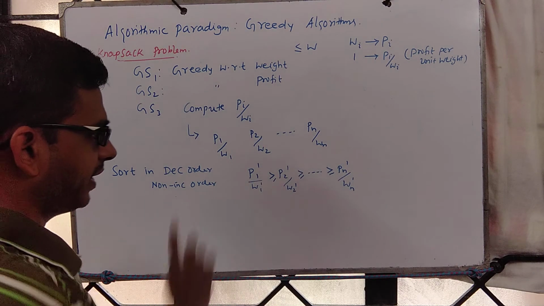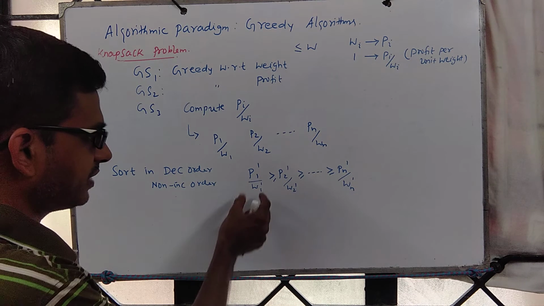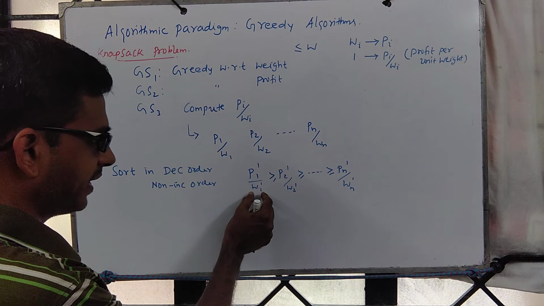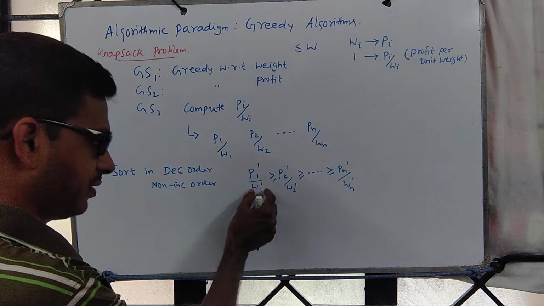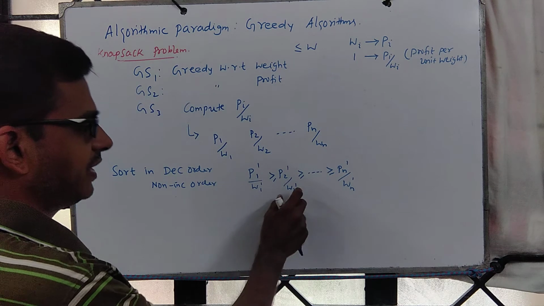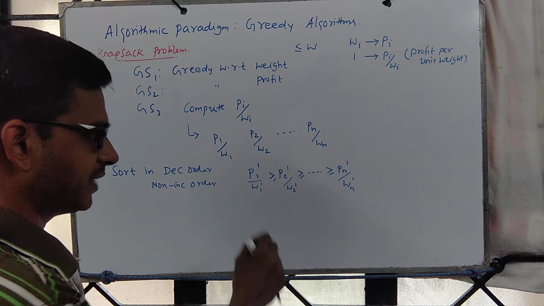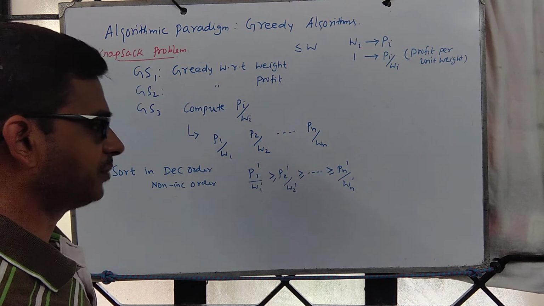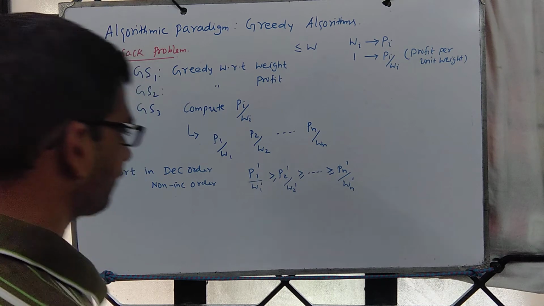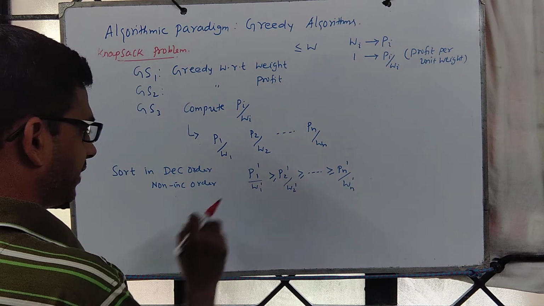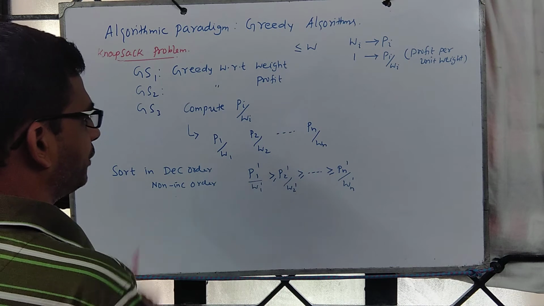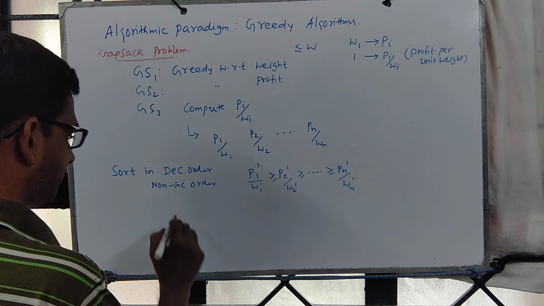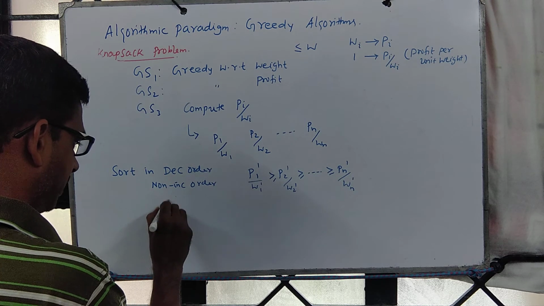So P1 prime by W1 prime, this I will try including as many units as possible. Meaning I will try seeing can I include all of W1. If that is the case, we will include. Then I will see can I include all of W2. If that's the case, we include. So like that we start seeing which object can be included next. Okay. So this is our greedy with respect to profit per unit weight. So instead of weight or profit, it is profit per unit weight. Let's revisit that example. Let's see what happens.